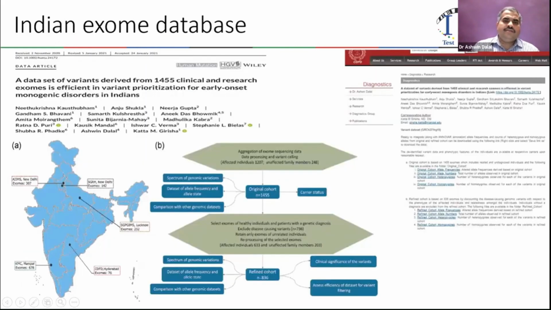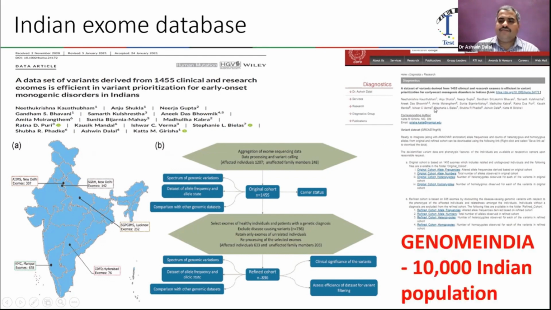One of these databases was developed by us in collaboration with 4 different institutes throughout the country. This database consists of about 1,455 exomes, and it is freely available from the website of CDFD. Similarly, there is an effort going on now called Genome India, where 10,000 Indian genomes are going to be sequenced. So it is very important that we have Indian population data to do a correct